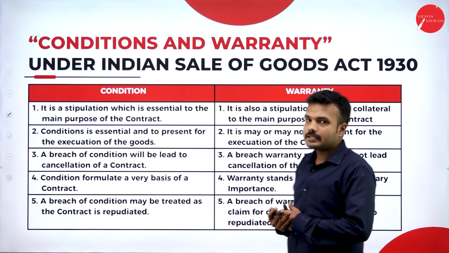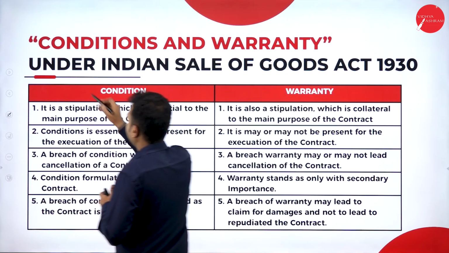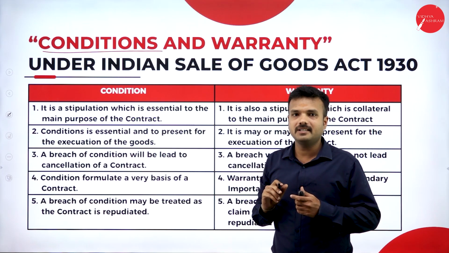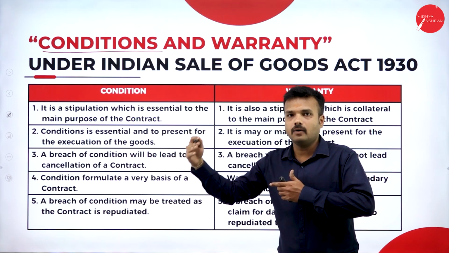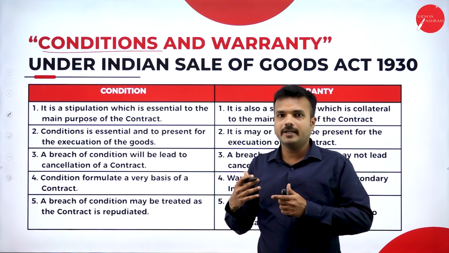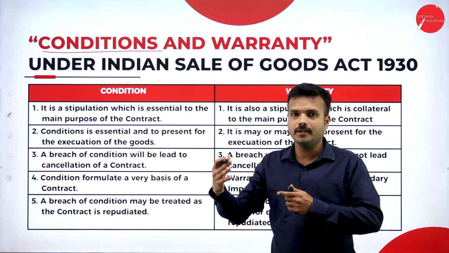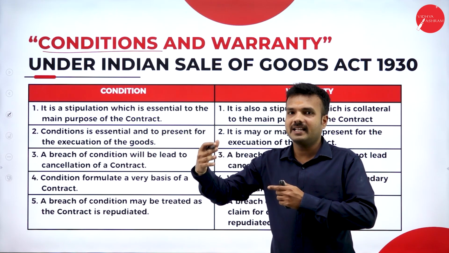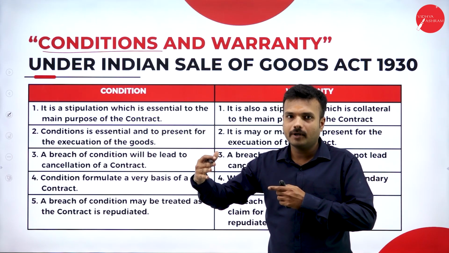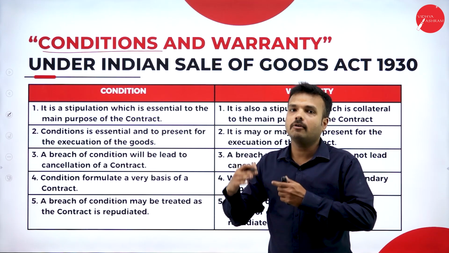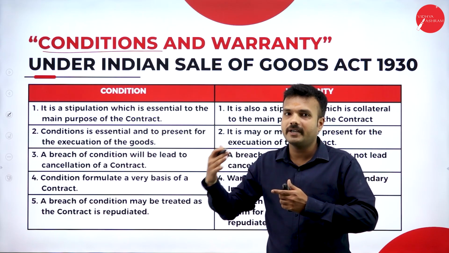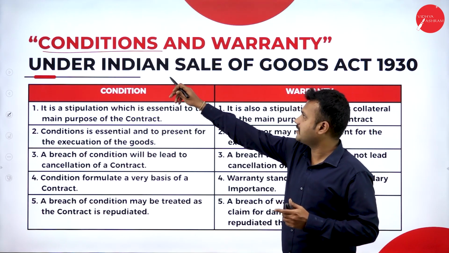Conditions and warranties. Conditions are nothing but the terms and conditions that are discussed before we enter the contract. For example, what amount I am going to pay to the seller, and what quantity and what quality of goods I am going to buy from the seller. Say I am going to order an Apple iPhone 15. Which color am I going to order, what is the inbuilt storage, which bionic chip is included in the iPhone, on which day will it be delivered to me, and what amount am I supposed to pay the seller? All these things are to be discussed before entering the contract. That we call conditions.